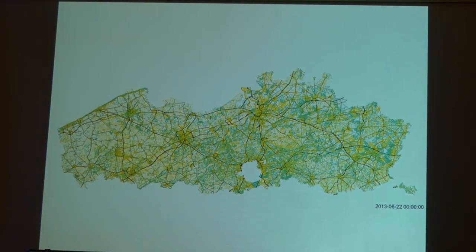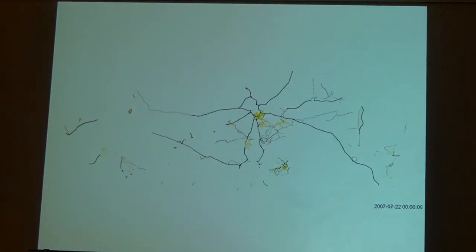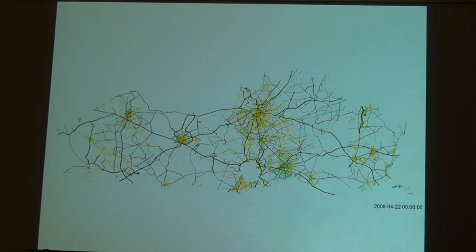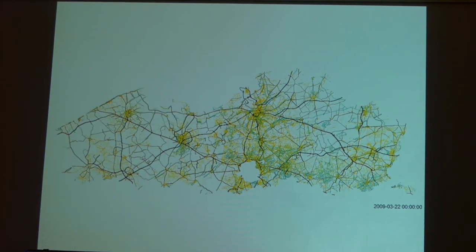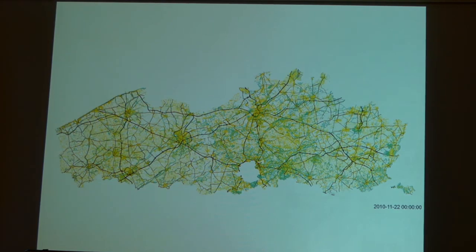You can see it grow and evolve, but you can also see that even from the very start, people were mapping not just the big roads, but also the local paths and trails and the small suburban roads. So that's really people mapping what they know, mapping what they find important. So it's a lot of chaos.